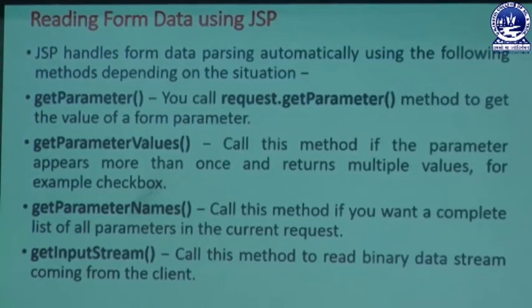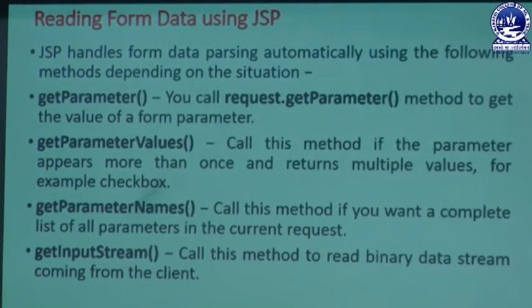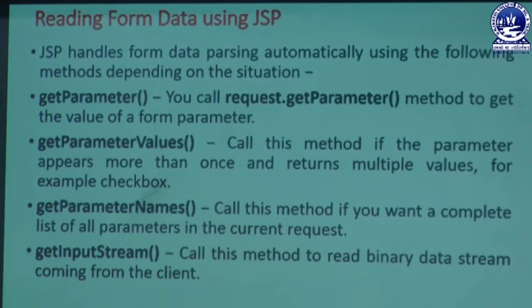What is the use of the get parameter names method? We know that if you want a complete list of all parameters in the current request, then this get parameter names method helps us. Whenever a user invokes this method, the user can easily make a list, and that list contains more than one parameter, and those parameters are always based on the current request. So if a user wants to make a schedule of the current request, they can do it with the help of the get parameter names method. Next we are going to discuss the get input stream method.